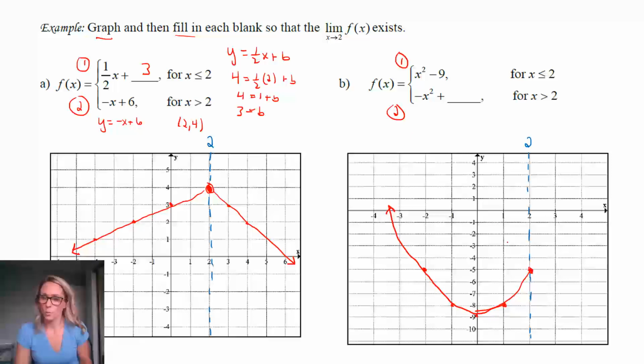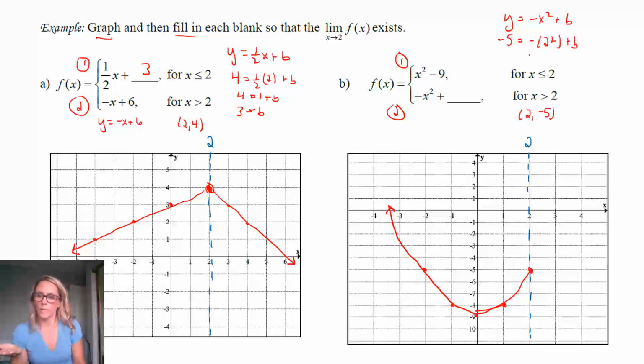So very similarly to the last one, we have this point 2, negative 5, and we want this other function to meet up at 2, negative 5. So if we write this out as y equals negative x squared plus b, b being the value we're looking for, the blank, and we know we have that 2, negative 5 that we want it to meet, well, it needs to have that point. So we can do negative 5 here, we have a negative and then 2 squared plus b. So you're going to have a negative 2 squared, that's 4, times negative 1 is negative 4. So we're going to take that negative 4, we're going to add it to the other side, so negative 5 plus 4 is a negative 1. So we get our value, negative 1.